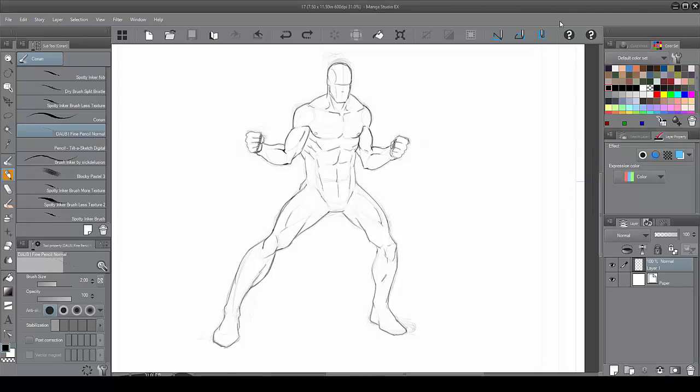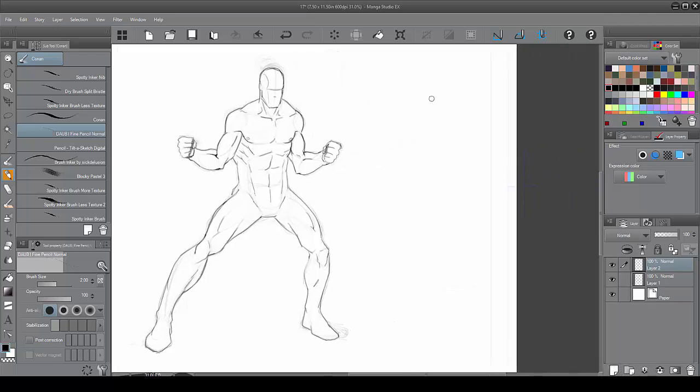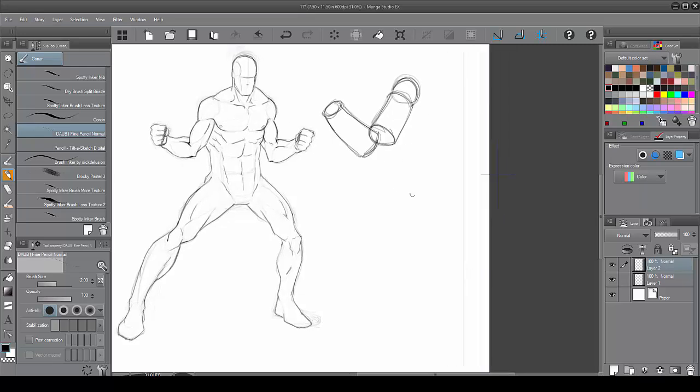Okay guys, let's talk about shading, rendering. So what I want to do, I'm going to come over here and I'm just going to make the forms of this arm again. Okay, we'll come back to that in a second. First, let's talk about